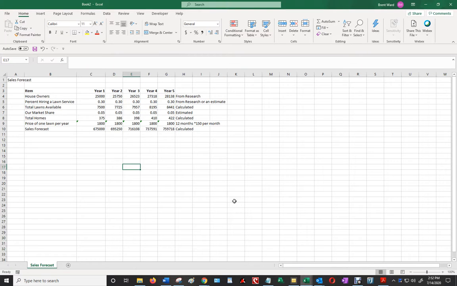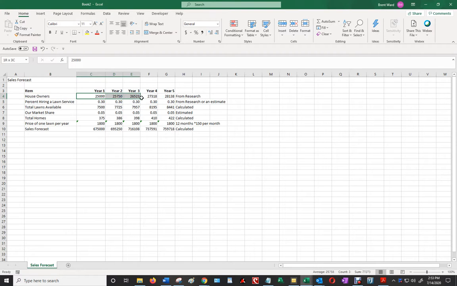Okay, so I'm going to show you how to do a sales forecast for a new business startup. The first thing you have to do is get these column headings across the top, like item, year 1, year 2, year 3, year 4, year 5. And then you have to do these calculations, which is kind of like a funnel almost, where you figure out